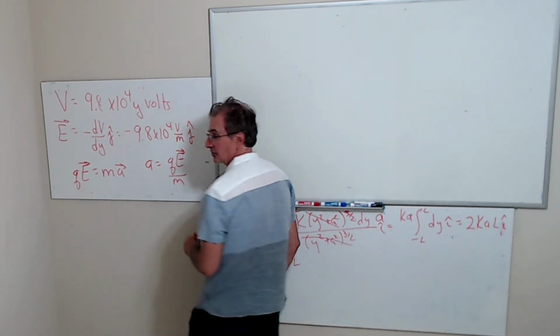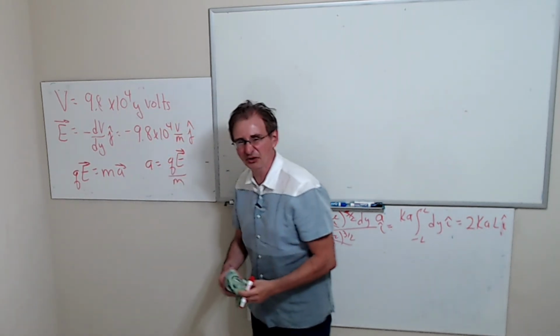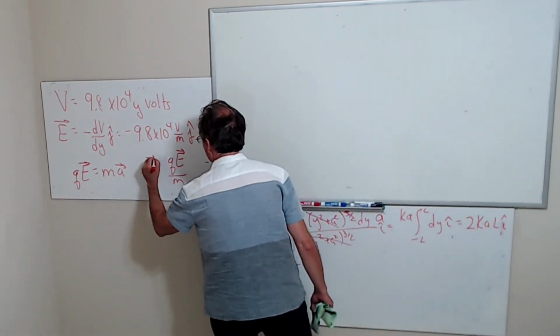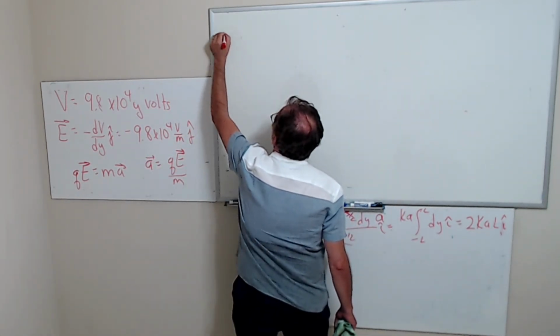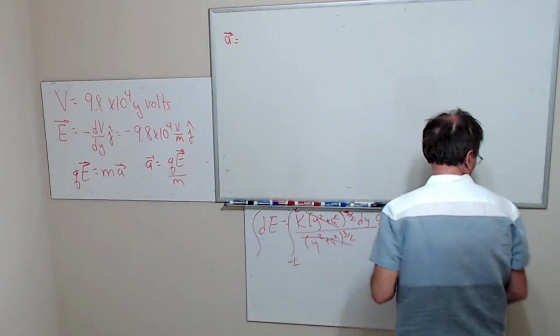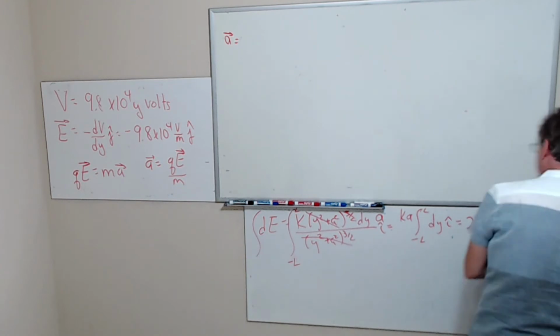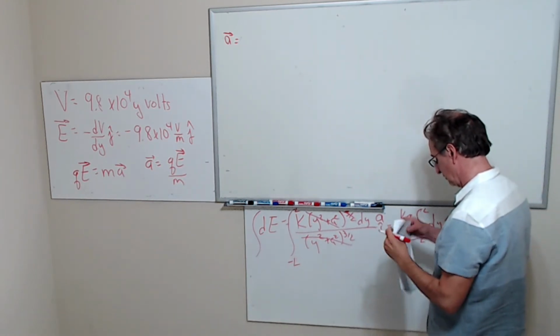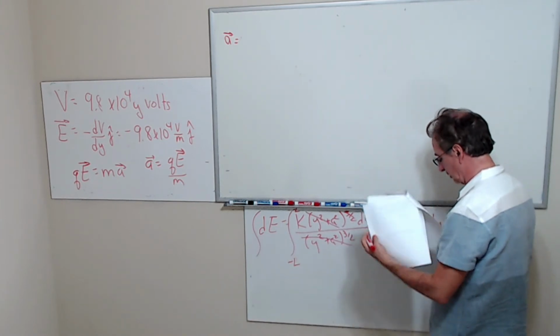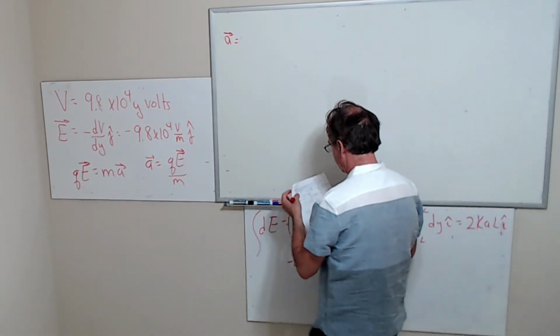And this is where I made my mistake in the problem. I chose the wrong values of Q and M. I was trying to make A become minus 9.8, but I chose the wrong values. So, let me find my values. A ends up being the mass